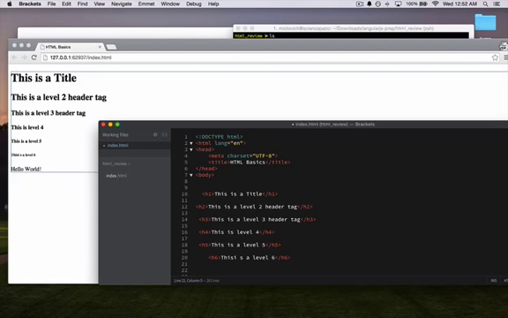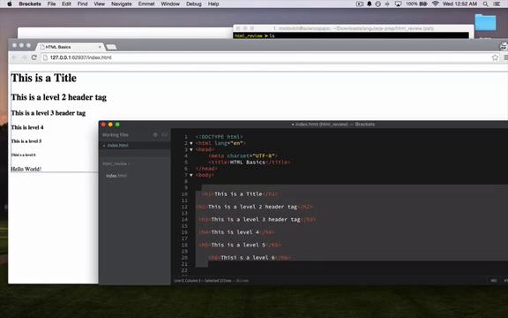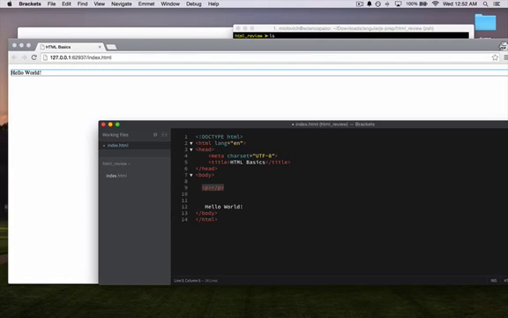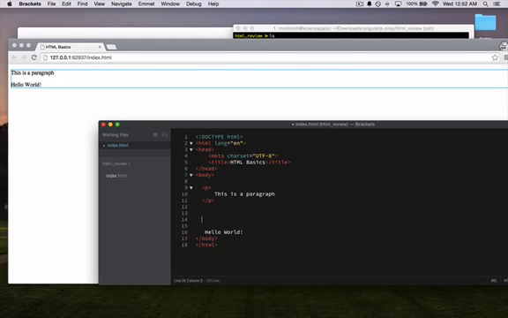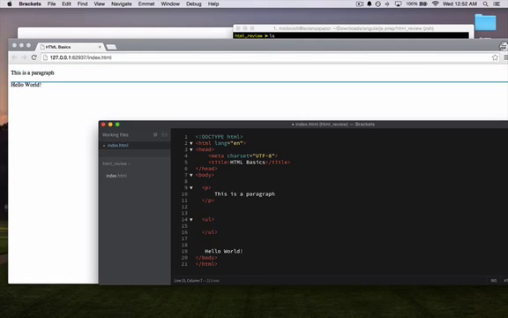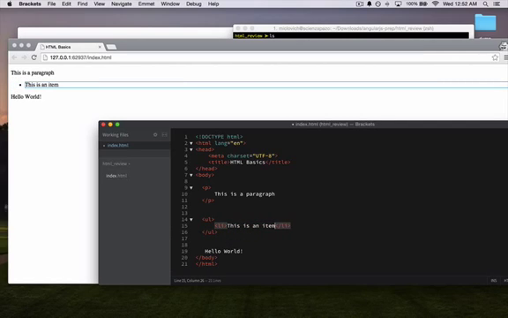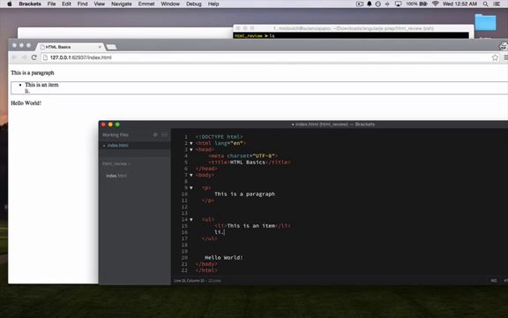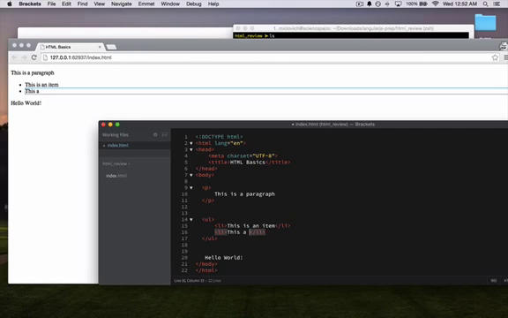Another tag that we shall look at is the paragraph tag. This is a paragraph, and we do that using the P. You see the letter P? It's short for paragraph. Other tags that you'll work with include unordered lists. Now, what does this do? Check this out. It does something like that. This is another item,